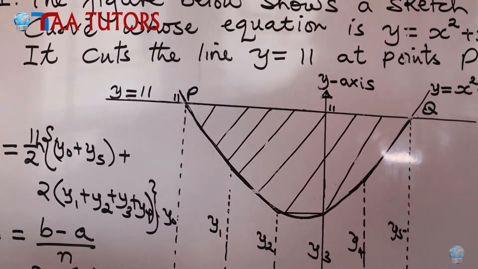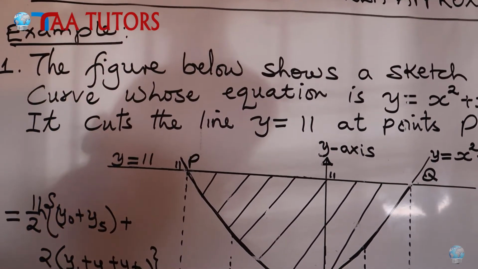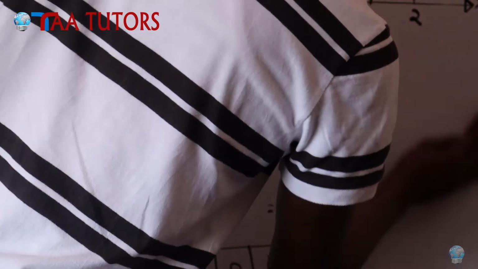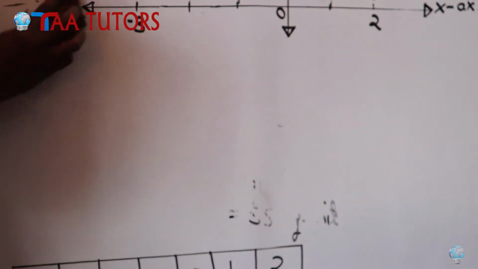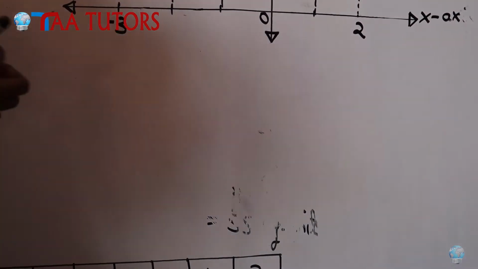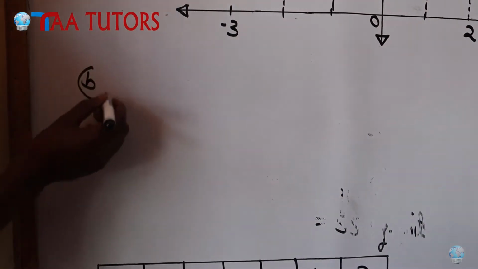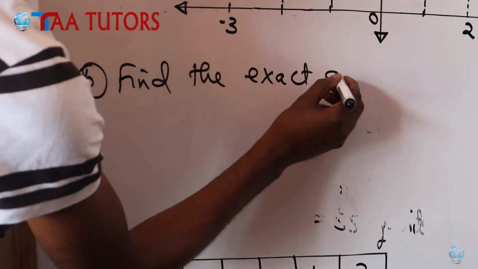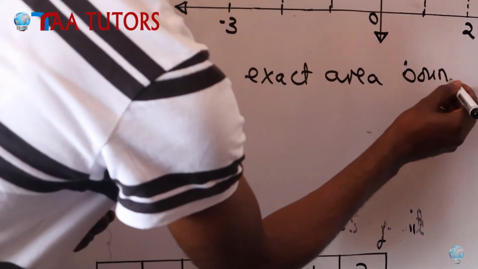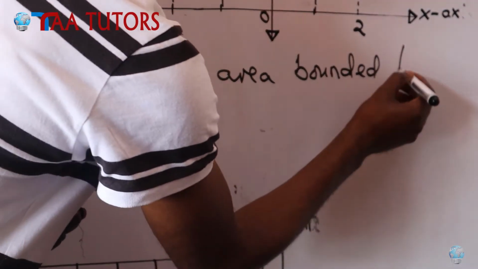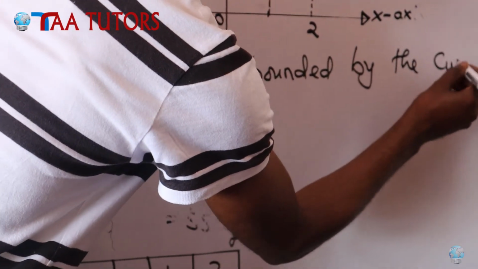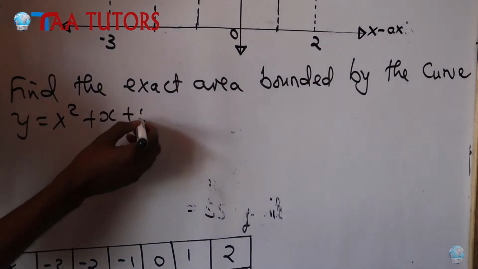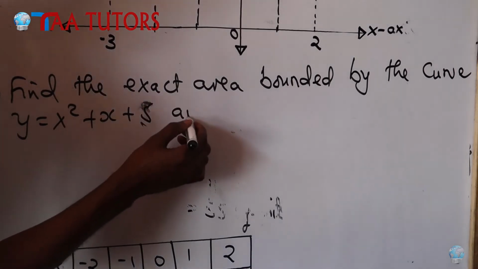Now the second question, B, is telling us to find the exact area. Find the exact area bounded by the curve y equals x squared plus x plus 5 and the line